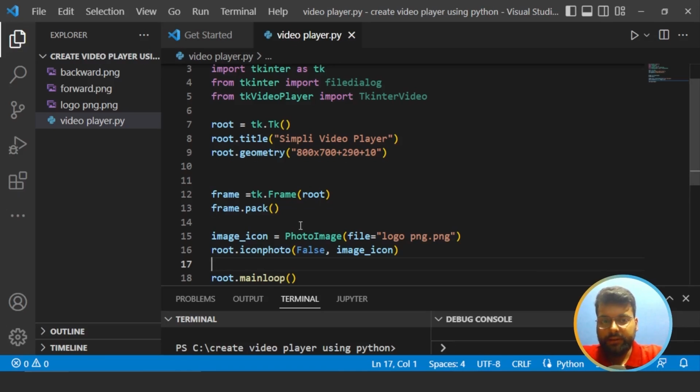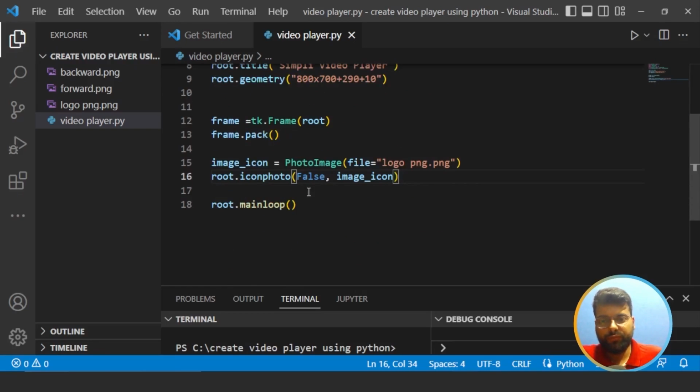It's easy to display a picture in Python. However, the photo image class only supports the GIF and PPM formats, which is a concern. And JPEG and JPG and PNG are the formats that are most often used. And we are using the PNG, so there's no problem to use that. So moving on,